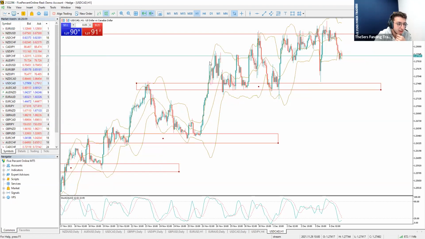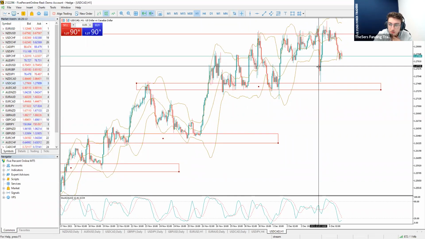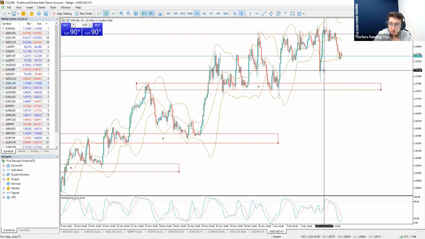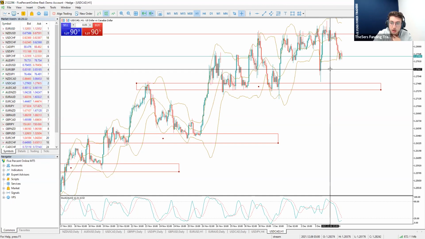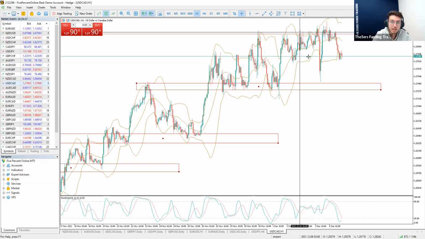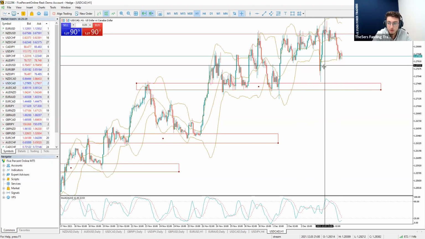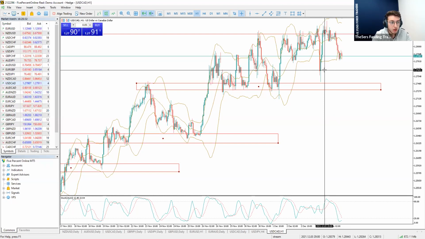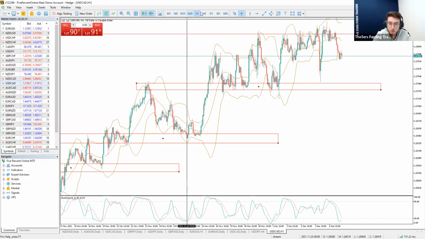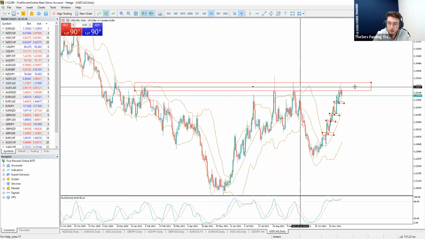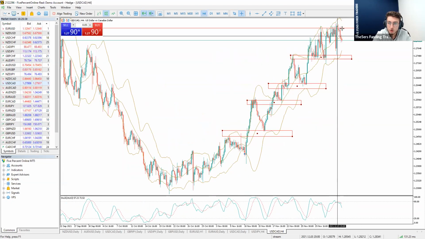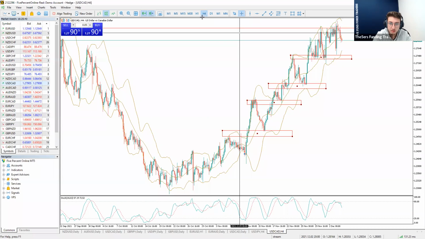I like a potential long at 1.2765, 27.65, so it's approximately here. Okay, I don't know what time frame you're looking for, but if you look at the H1, that might be an entry. But in that type of pattern, when you see on the daily that the market reached a big resistance, and on the H4 the market is starting to consolidate and compress,